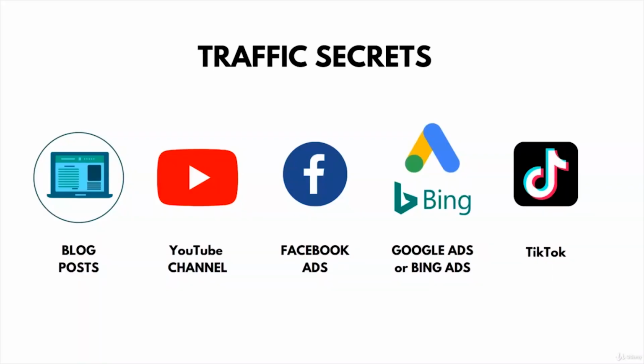The most important part is getting consistent traffic in order to get commission. Here are some of the ways to create your online assets that you can use to promote your affiliate offers. First one is to have a blog. You can either create it in Wix or WordPress. Starting a blog is very useful if you are in affiliate marketing.